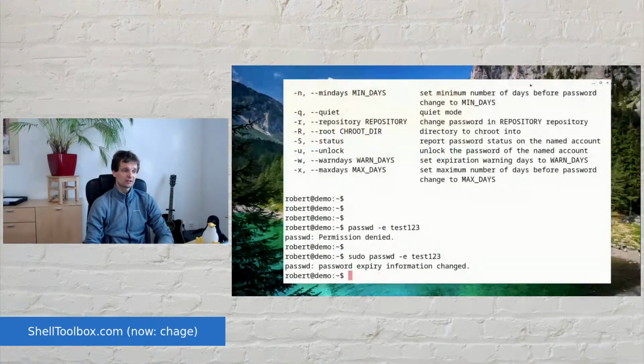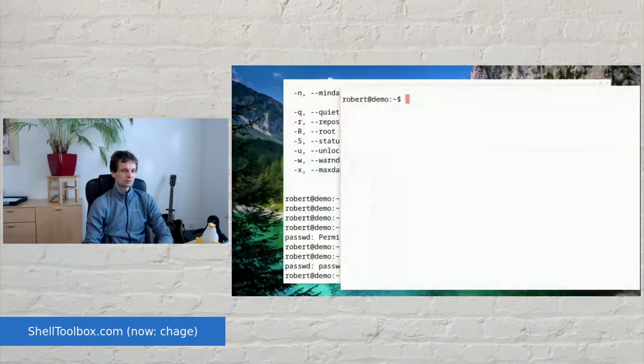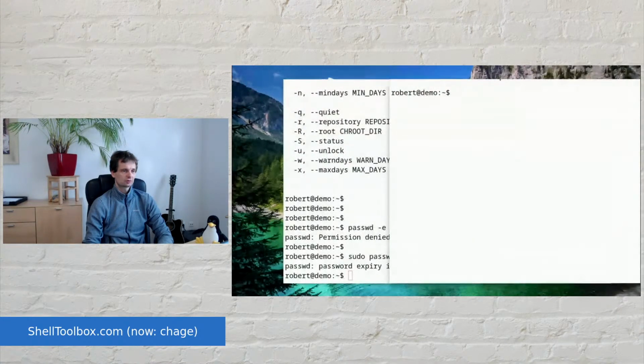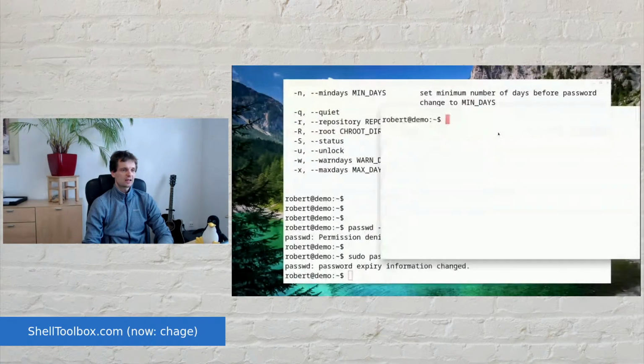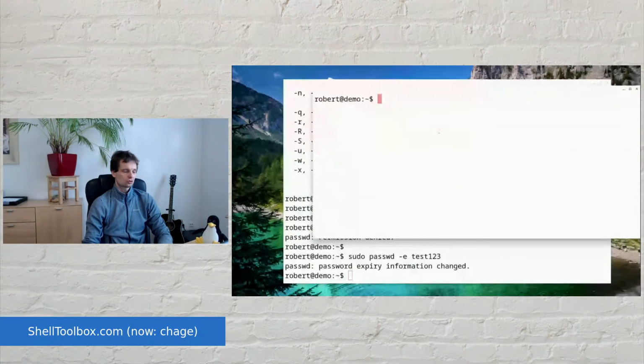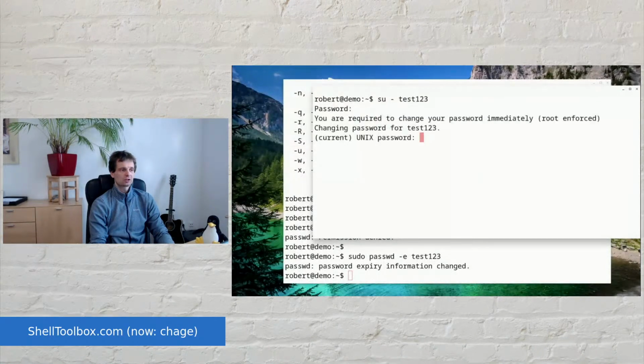Now let's try this out on a different console. Here I have a different console. Let's switch to the user test123: su - test123. I have to type in a password test123, and now I'm required to change my password immediately. Root enforced this via